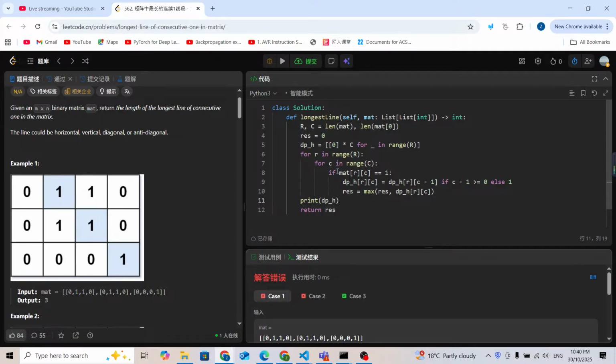So this is the mat. If mat[r][c] equals 1, then dp[r][c] is going to equal to, else it's going to be 1. Now if we are going to check this cell,